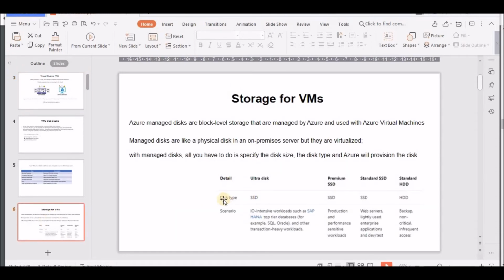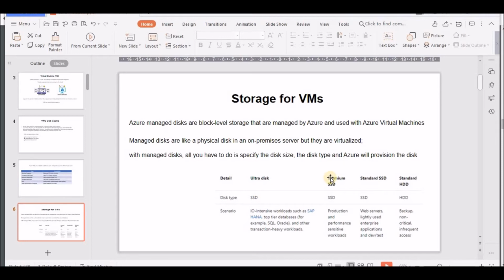The disk types are ultra disk, premium SSD, standard SSD, and standard HDD. To make it simple, whenever you have high intensive workloads like SAP HANA or top tier databases like SQL and Oracle, with heavy transactions, you can make use of ultra disk, and SSD is the disk type for this.